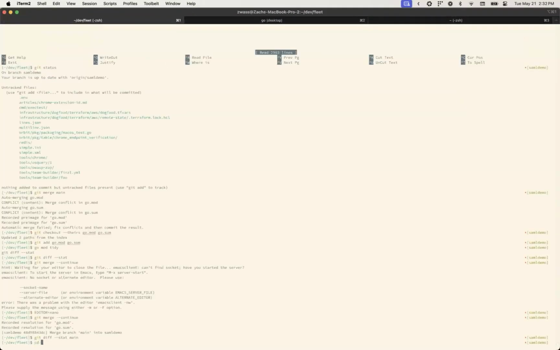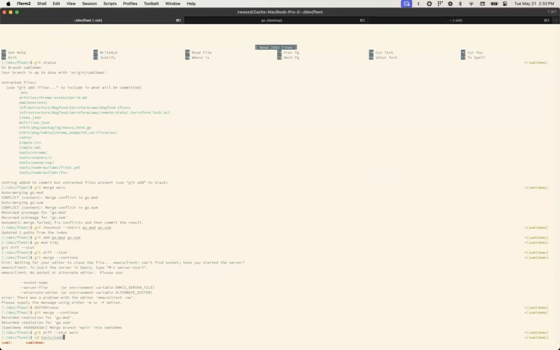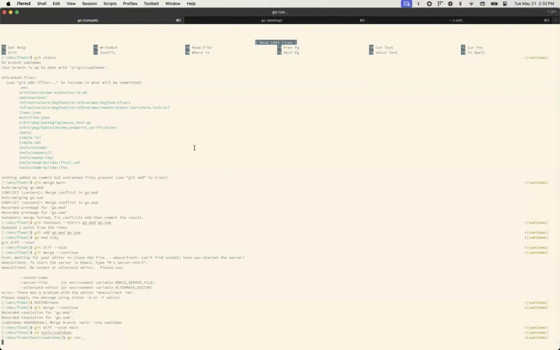So, okay, and this one is started very much the same as this desktop thing, but we go to tools/SAML demo, and we go run. Oh, you don't have to start up the Fleet server at all. Well, in this case, you might want to start up the Fleet server. In this case,